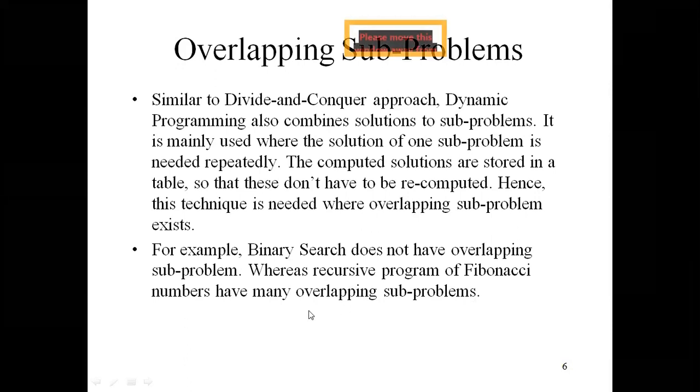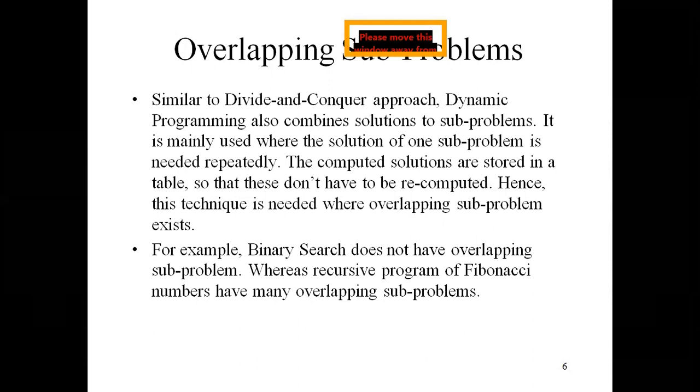Already you know Fibonacci numbers. Fibonacci numbers are a series of numbers. To get a number at some position, you need to add the previous two numbers. Suppose you want to find f of n, or f of 4, for example, then you need to add f of 3 and f of 2. For f of n, go for f of n minus 2 and f of n minus 1. You add these two, then you will get f of 4. So the previous two numbers are to be added.